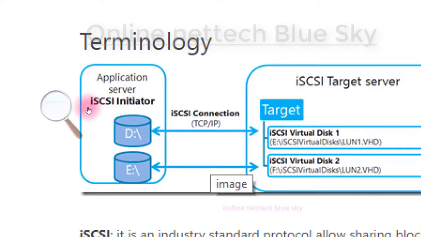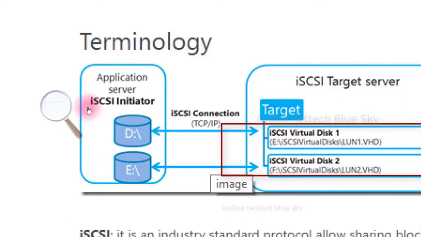You can see the iSCSI internet, D and E, here. These are my computer hard disks, the main computer server hard disks. So first the virtual disk is the iSCSI system, and iSCSI virtual disk 2. This means virtual hard disk 1 and virtual hard disk 2.